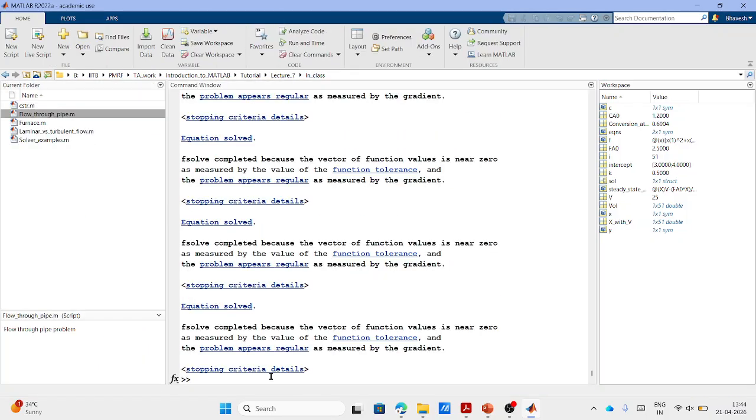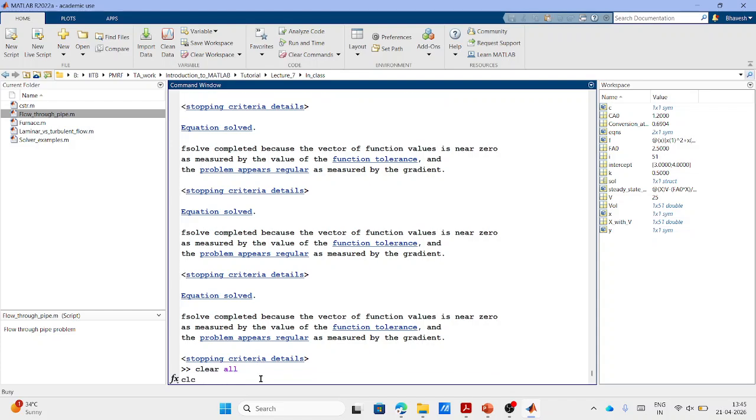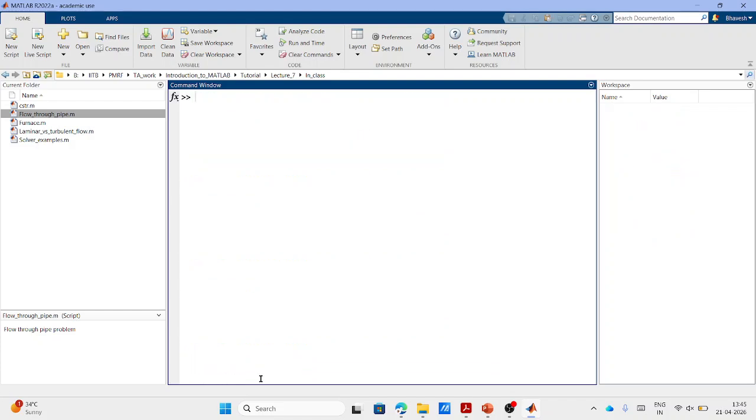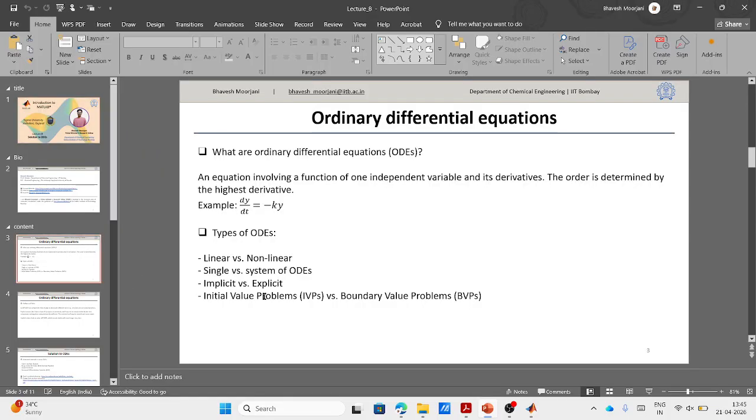So in terms of chemical engineering problems, what we looked at so far are systems of simultaneous linear equations. Then we looked at nonlinear equations and problems involving these linear and nonlinear equations. Now in today's class, we will look at the solution to ODEs, which are ordinary differential equations, right? So when I say ordinary differential equations,